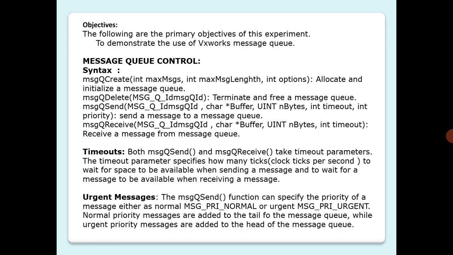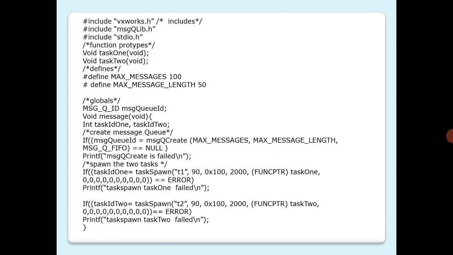Let's right away get into the example. Here you can see all the includes, function prototypes like task1 and task2, and defines for max message and message length, and we have a global called message queue ID. Here is the routine to create the message queue and two tasks.